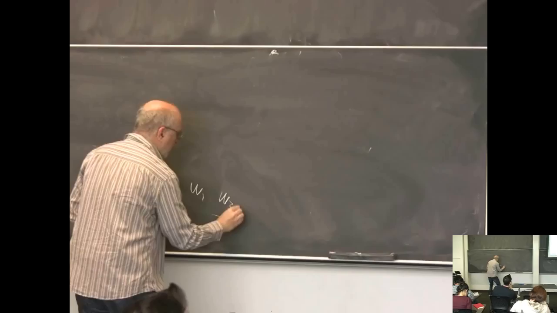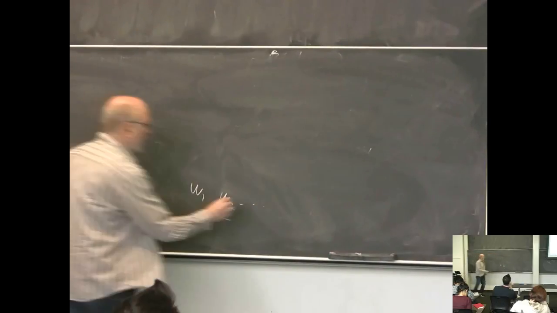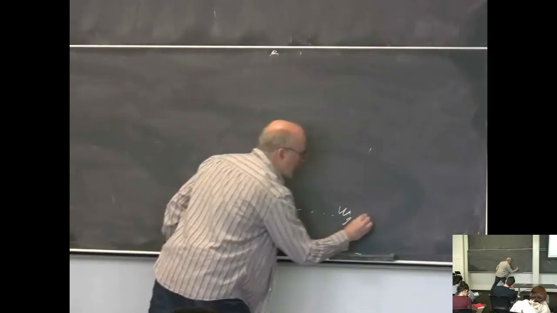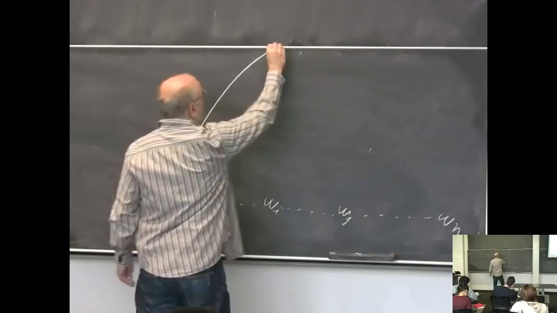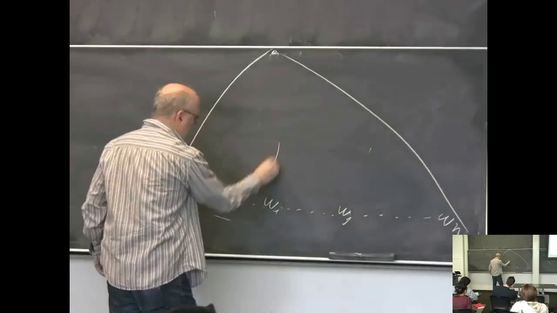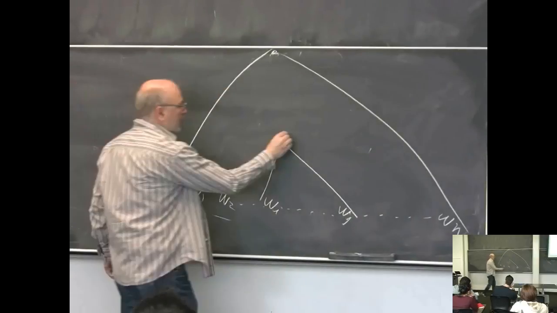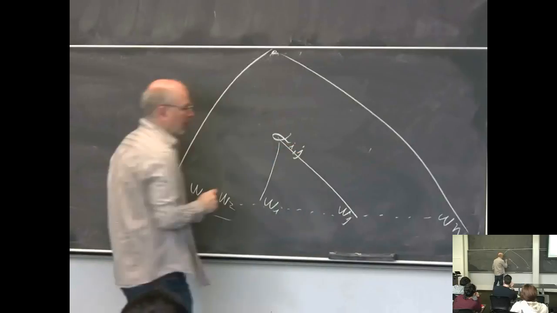Word 1, word 2, word I, continue, word J, continue, word N. I'm going to try to account for this part. This is going to be alpha I comma J